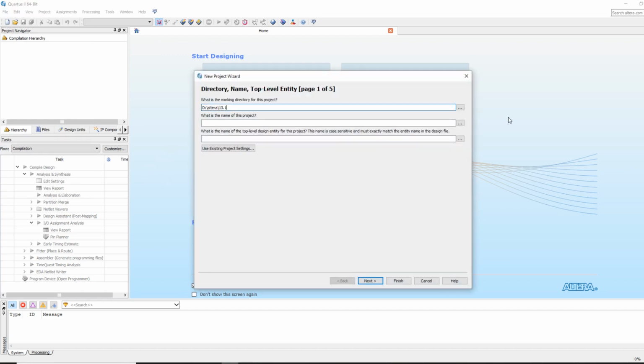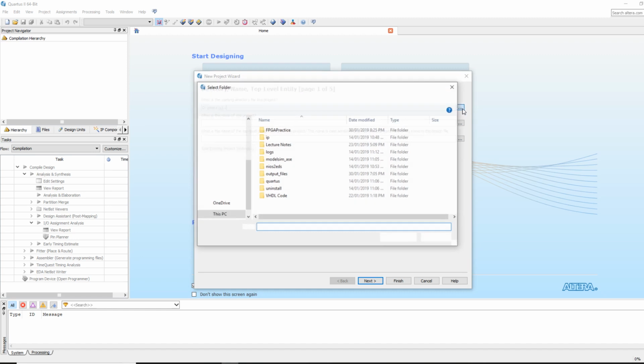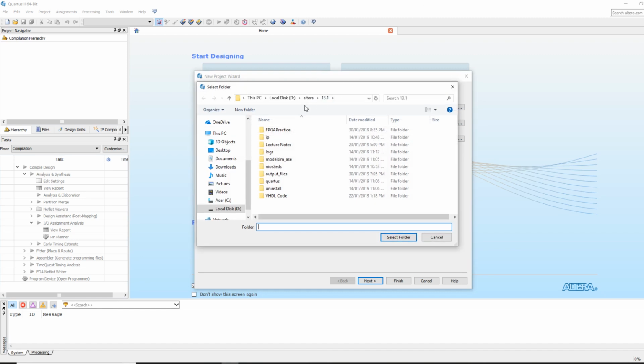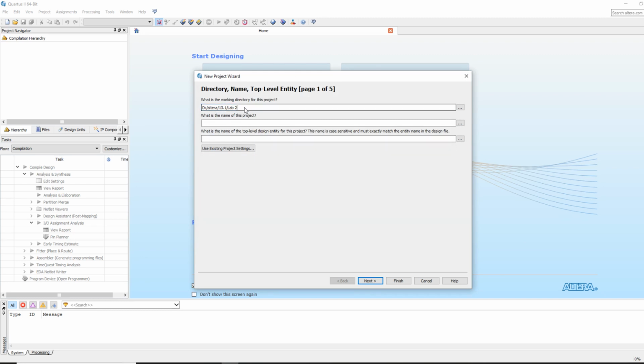In step 1 of the Project Wizard, the first thing I need to do is specify the folder or the working directory for the project. Typically, I can do this by clicking on the Browse button on the right-hand side of the first text box, which will take me to the Altera folder in which Quartus II is installed. From this dialog window, I can create a new folder, and let's say I'm naming this folder Lab2. Right? I click on Select Folder, and you'd see that the folder has now been specified as the working directory